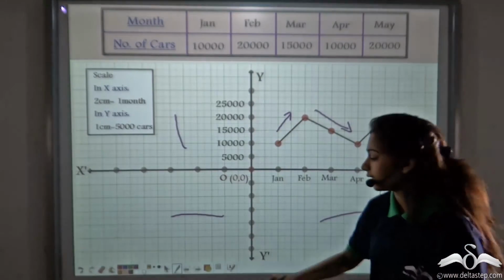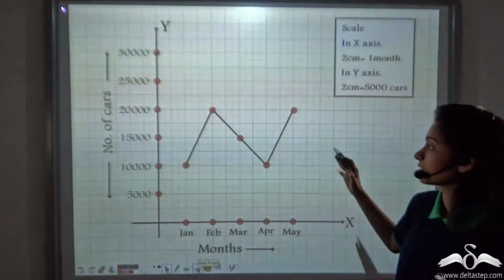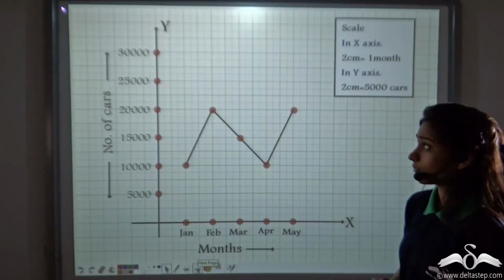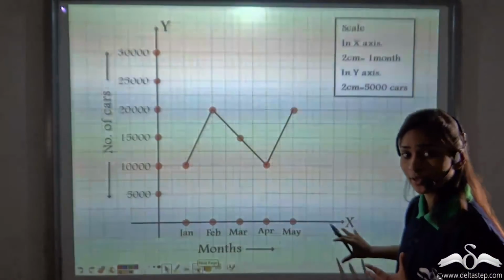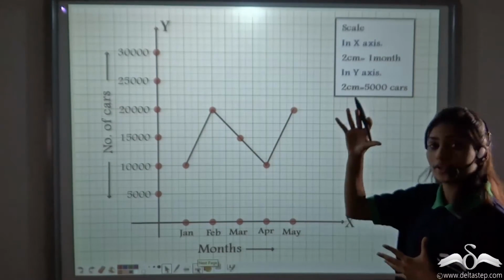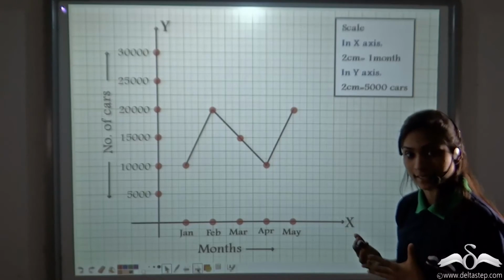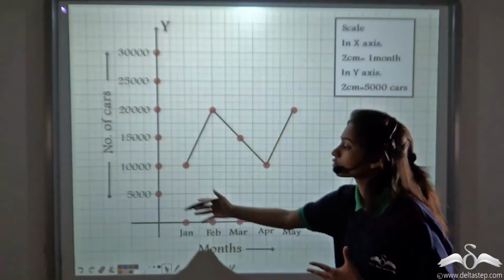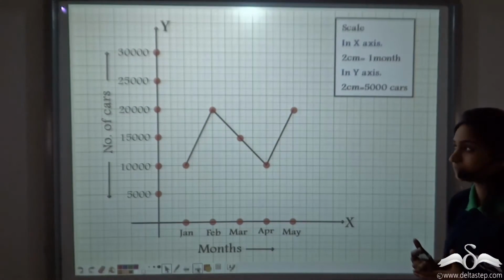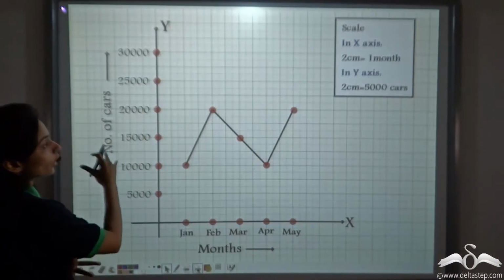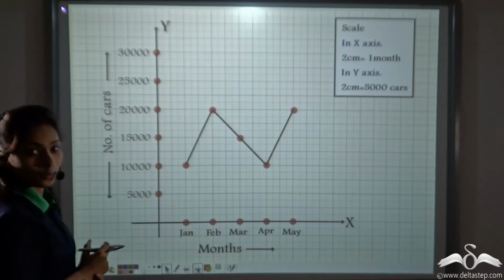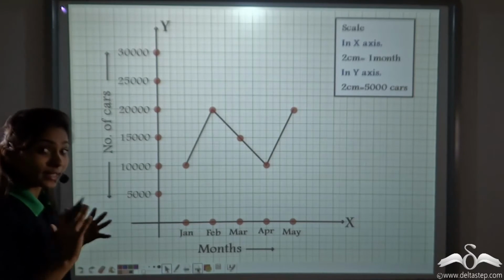Now how would it look? See. Well, it looks something like this. Isn't it looking very neat? As we have drawn only the first quadrant. So instead of drawing all the 3 quadrants which were not needed in the sum, we have drawn only the first quadrant on the graph paper. Even after drawing only quadrant 1 on the graph paper, we have to maintain the scale.